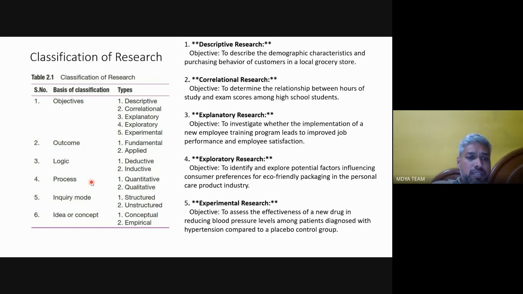And in process, what kind of data do you have? It is quantitative data and qualitative data. So what process did you use? You use a quantitative process, a qualitative process, or another one is a mixed process, where you use both. So they identify that your research has a